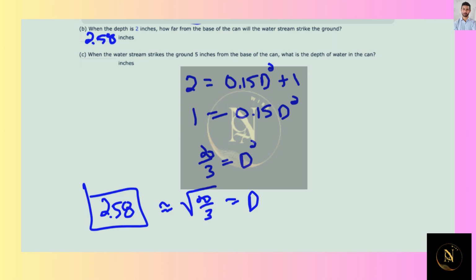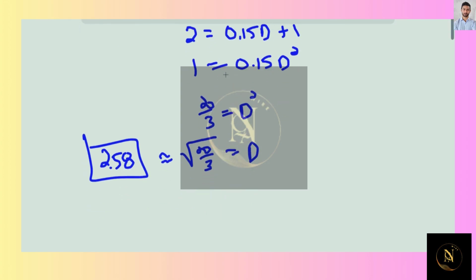When the water stream strikes the ground 5 inches from the base of the can, what is the depth of the water in the can? Well, that would be